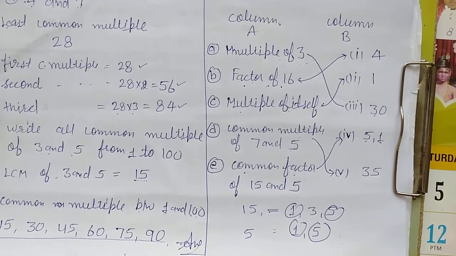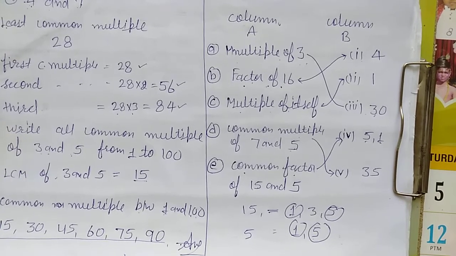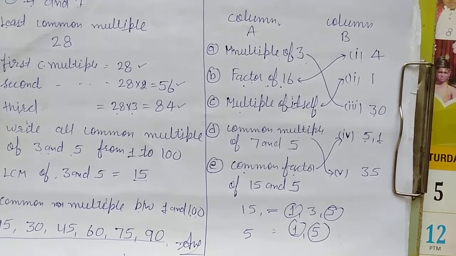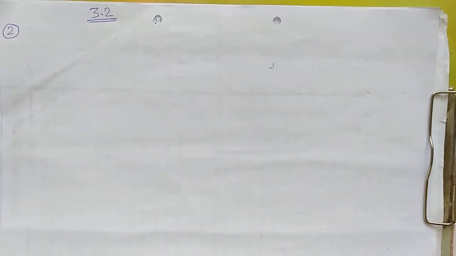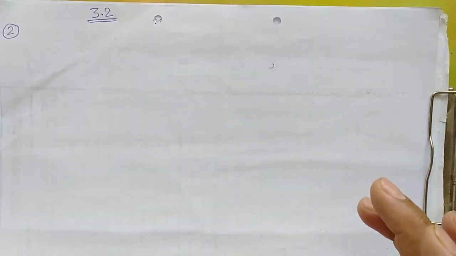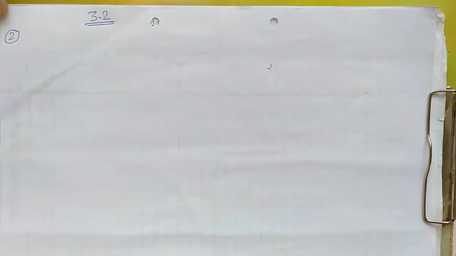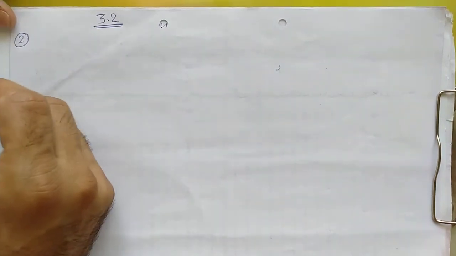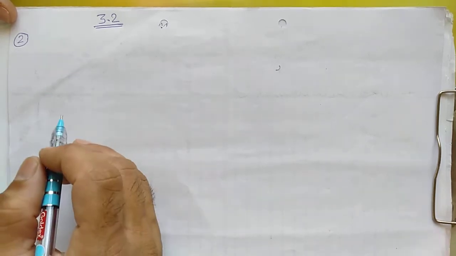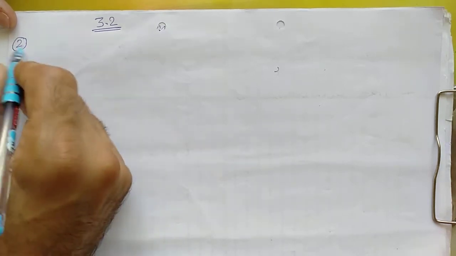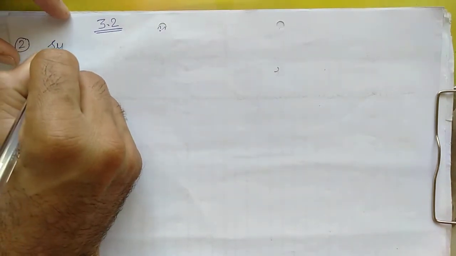Now we will take the next exercise 3.2, and from the same we will do one question from each. Question number 1 of MCQ of 3.2 is given, and question number 2 we will start here. One you will do yourself, that is the MCQ, and second one, I'm just reading the question. You have this book, so you may see in your book. Find the sum of the smallest and the largest prime number from 1 to 100, right?